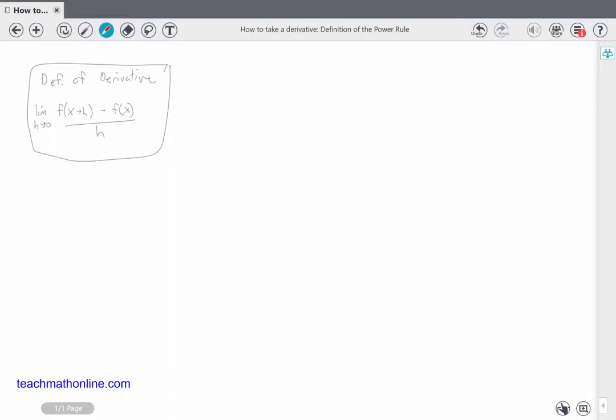Now that I've gone over the definition of the derivative and how to find it, I'm going to go over the shortcut to taking the derivative where you don't need to use the definition. So let's say I had some function f of x is equal to x to the third. For me to take the derivative, I can say f prime of x is equal to, the shortcut is we